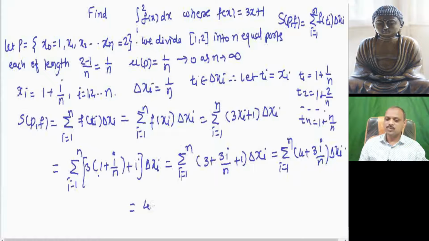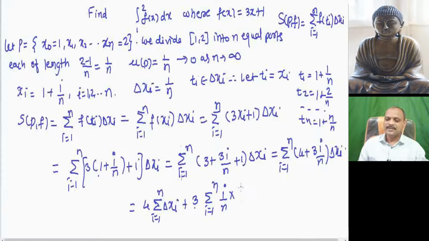Separation gives us 4 into summation i is equal to 1 to n delta xi plus 3, a constant, summation i is equal to 1 to n, i divided by n, into